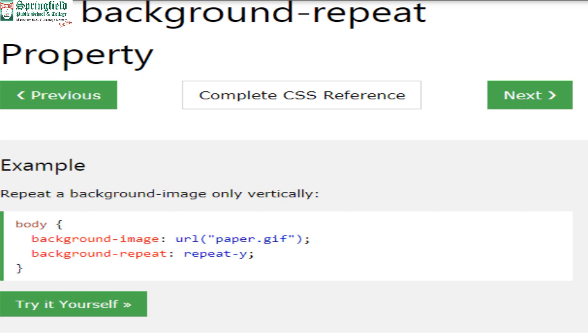If we run this code, a yellow color will be displayed on our web page.